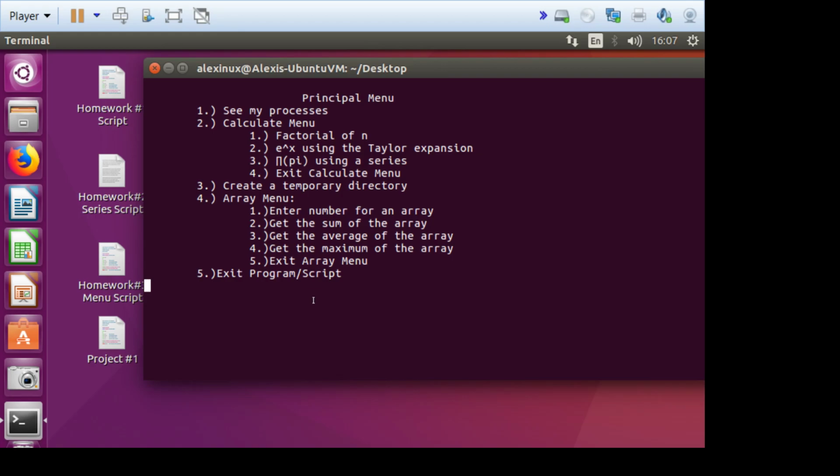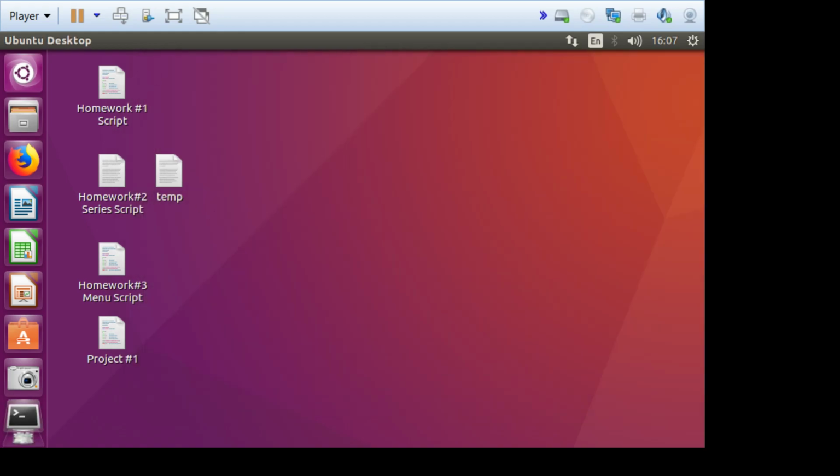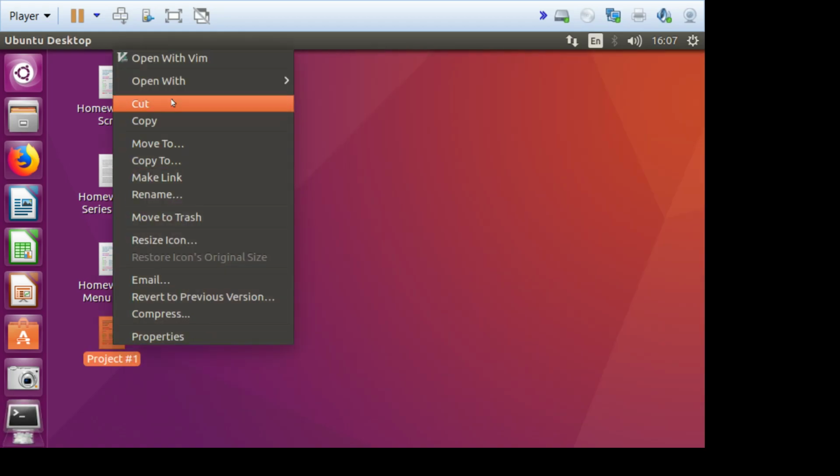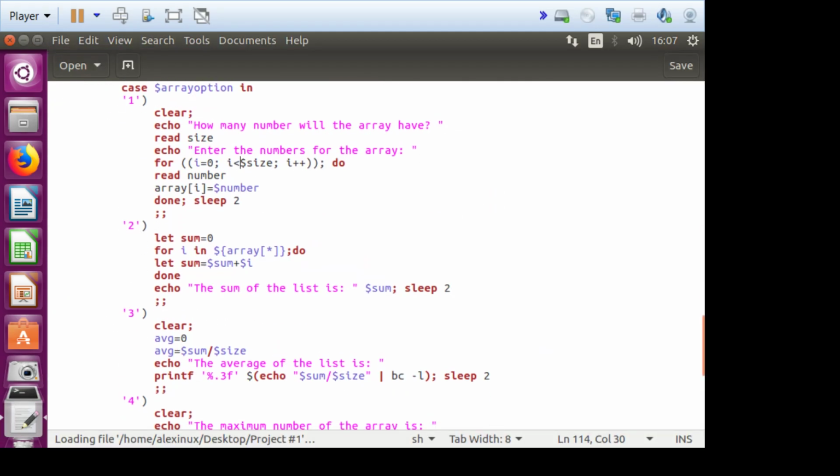So right now I can go ahead and close the program with the option 5. It'll let me know that I've exited the program. I can go ahead and close the terminal, and this right here is the entire script